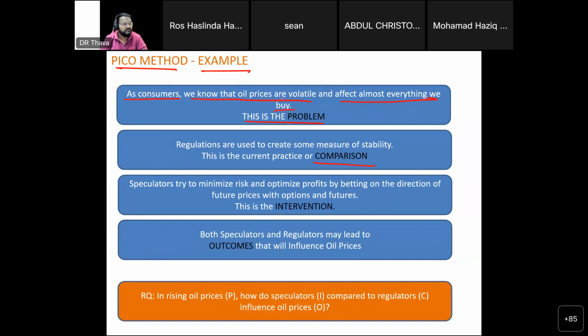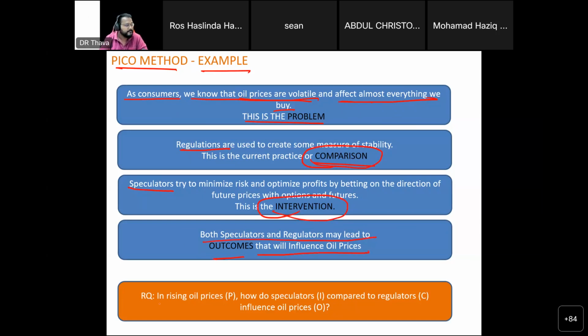So first, this is the problem: oil prices, volatility, and affecting almost everything. Then you have regulations, which will be used as an agent of comparison. Then you have speculators trying to minimize risk and optimize profit, and these are the intervention. That means they go and shake up the market. And then both speculators and regulators may lead to outcomes that will influence oil prices.